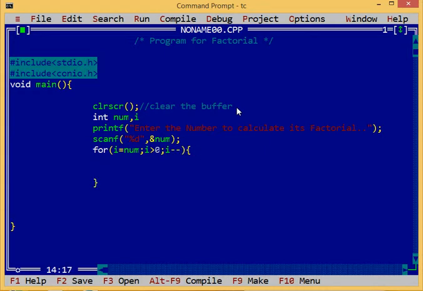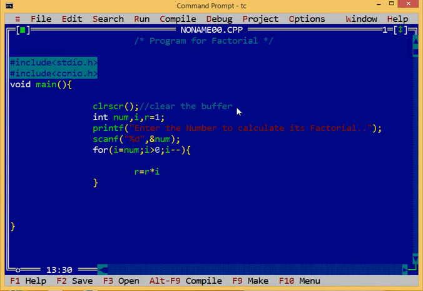Now I will use another variable to store the result of the factorial. I will use R, and R is equal to 1. That's because I am going to multiply by I. I put 1 because if I put 0, every value will be 0 in the result.